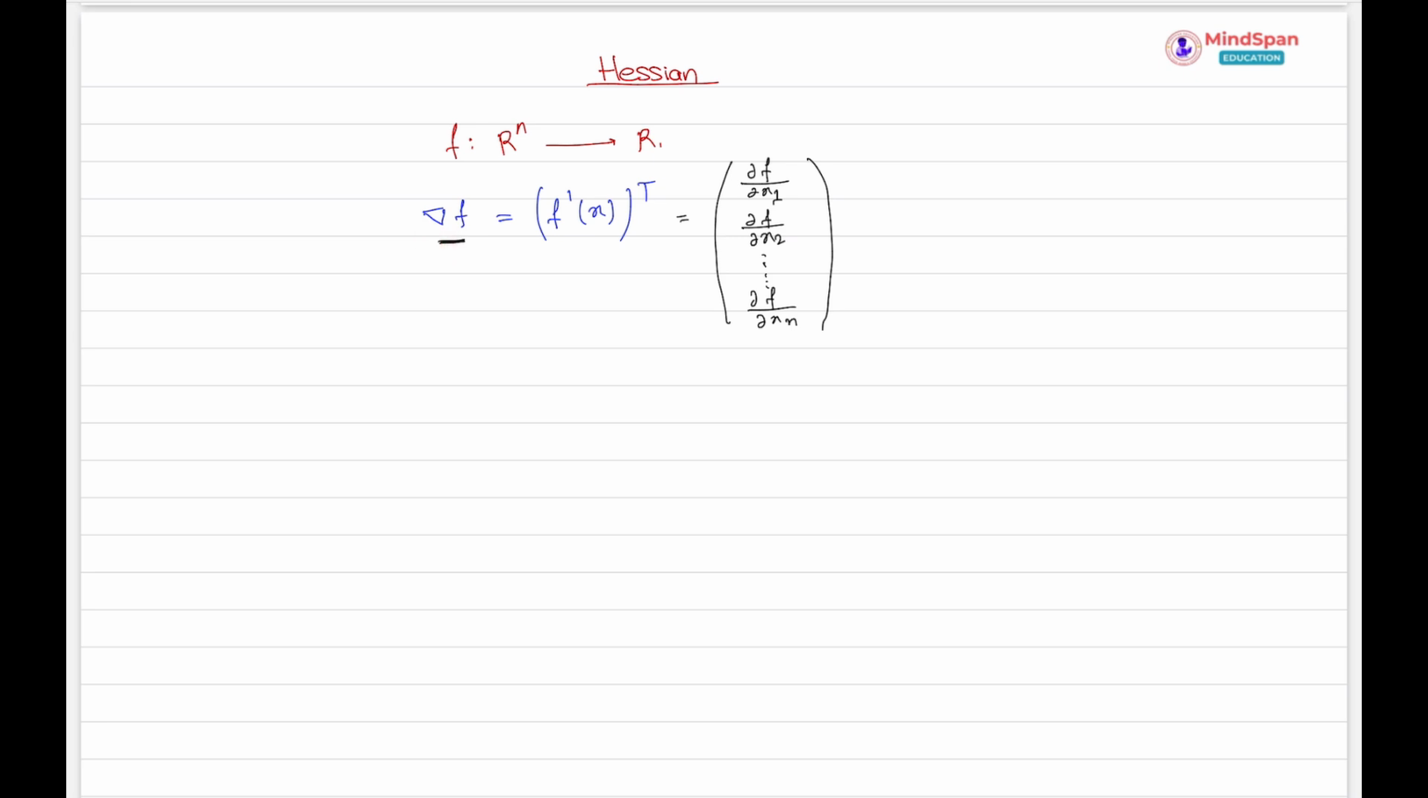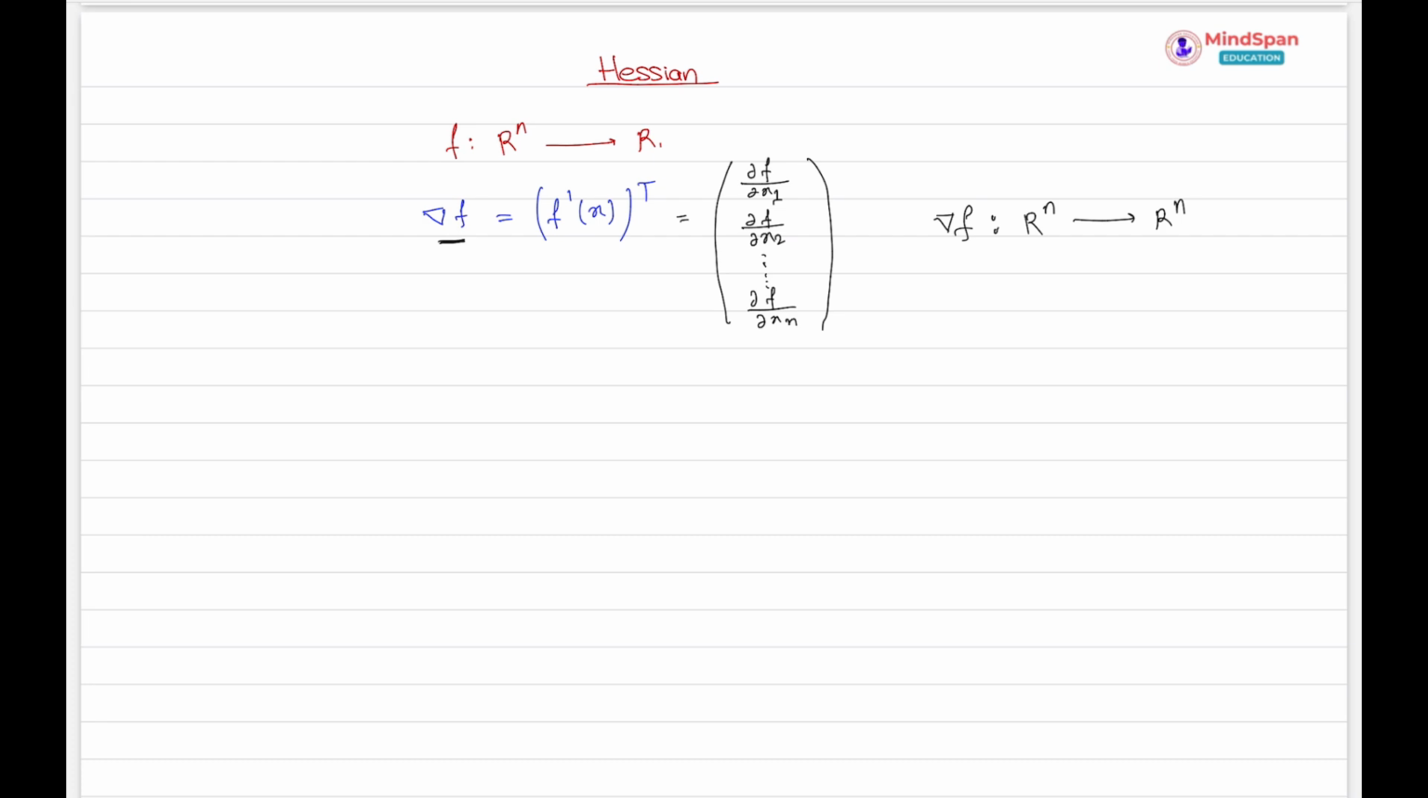right? Now you can think of this gradient as a new function that takes the input x and produces this vector, right? So can I say that this gradient, if you think of it as a new function, takes the input from, in this case, n-dimensional space, that is this vector x, and gives you a vector that is in n-dimensional space,